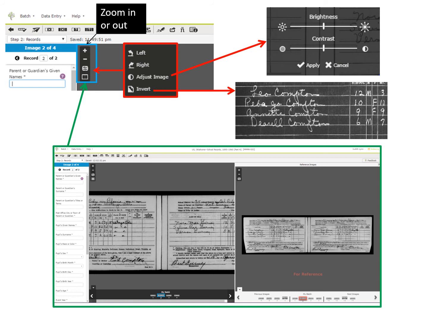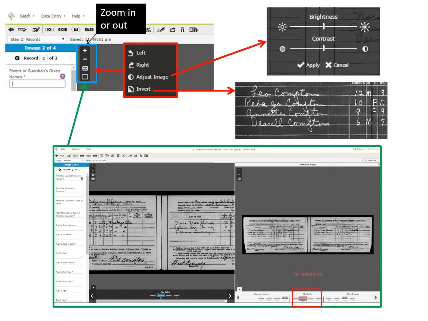This allows you to see the images before and after the one you're currently working on. The one you're currently working on is in the middle between the brackets. Click on any image you want to see before and after the batch. This is helpful if you're trying to decipher handwriting and need to see more examples, or if you're working with